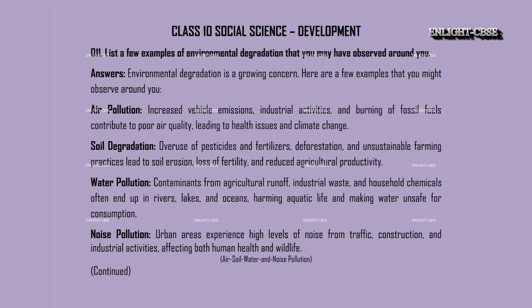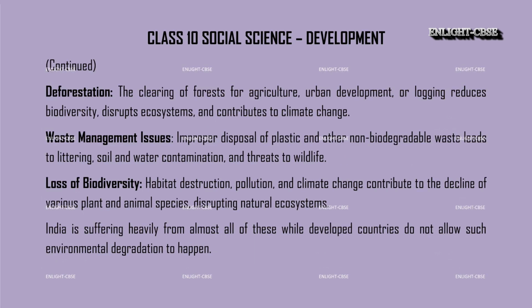3. Water pollution. Contaminants from agricultural runoff, industrial waste, and household chemicals often end up in rivers, lakes, and oceans, harming aquatic life and making water unsafe for consumption. 4. Noise pollution. Urban areas experience high levels of noise from traffic, construction, and industrial activities, affecting both human health and wildlife. 5. Deforestation. The clearing of forests for agriculture, urban development, or logging reduces biodiversity, disrupts ecosystems, and contributes